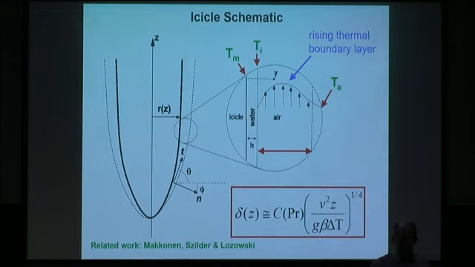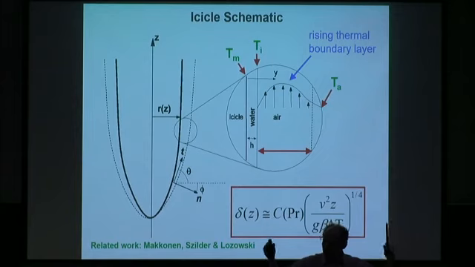Now, this is a standard problem in fluid mechanics if you were to abstract it as just a plate. So I have a plate at a given temperature that's higher than the surroundings. There'll be a boundary layer of warm air that goes up, and you can find the thickness of that layer as a function of the z-coordinate moving up, and it grows like the 1/4 power of position, with parameters that depend on the thermal expansion coefficient of air and the viscosity and other such things. Okay, so if you think about it, the only way that heat can escape is by getting through this layer. And the thicker the layer, the thicker the blanket around the icicle.